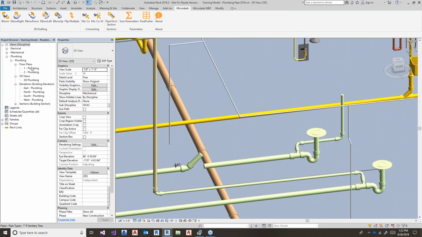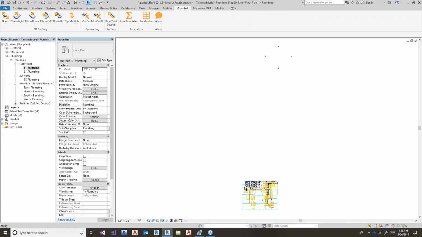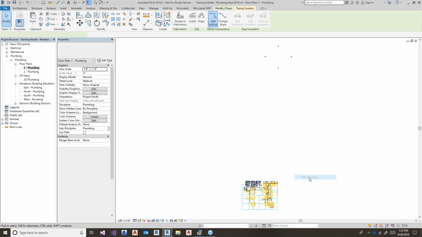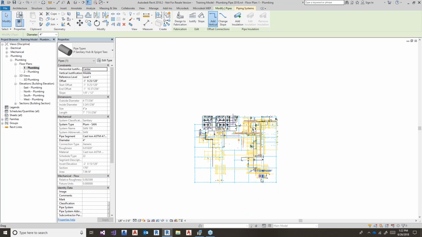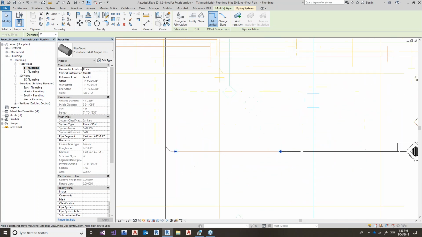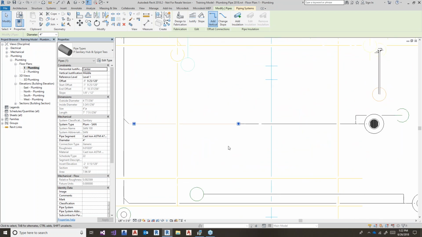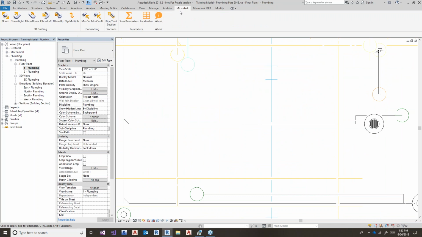And then maybe it makes sense for me to go to a floor plan now. I can select previous to show me where I was, and I'll zoom right in there. And maybe in this case it does help me to draw a section because I would like to see exactly how high over that perforated PVC we are. So on the Microdesk toolbar, we've got a pipe and duct section tool. I described earlier that we don't want to be cutting sections, but just because we don't want to doesn't mean we shouldn't, and there are going to be cases where we do need to